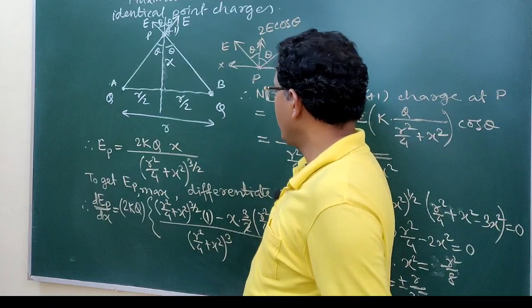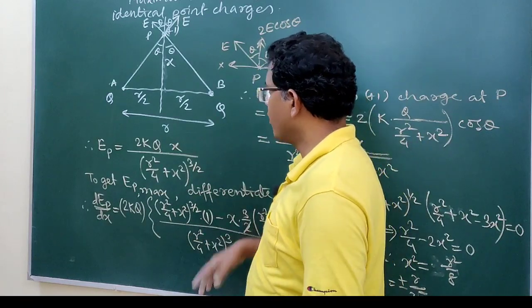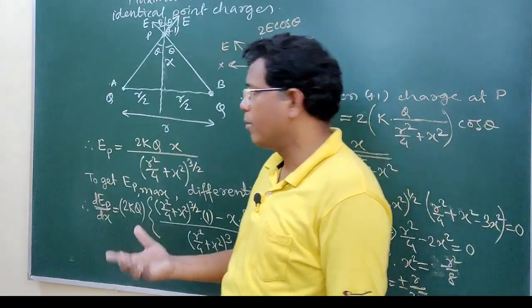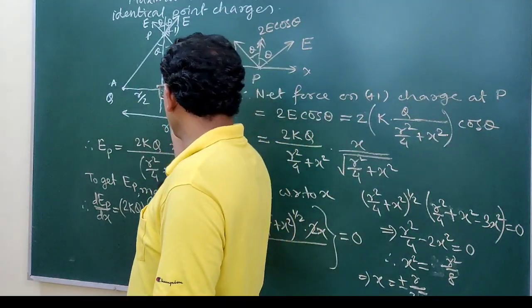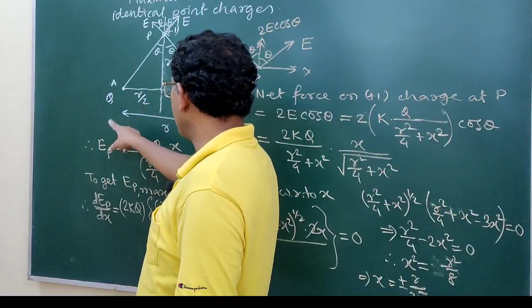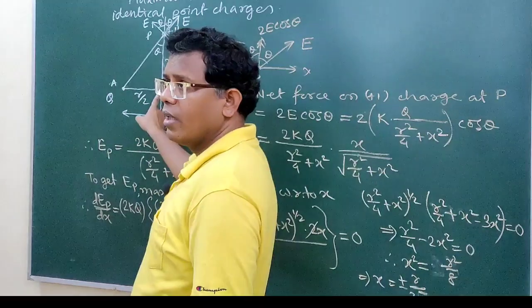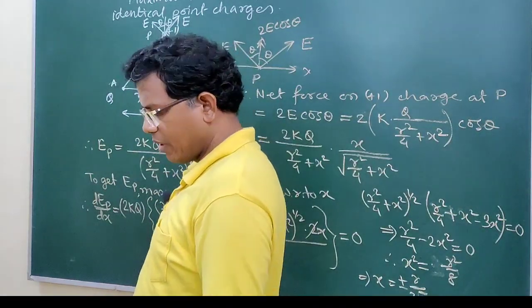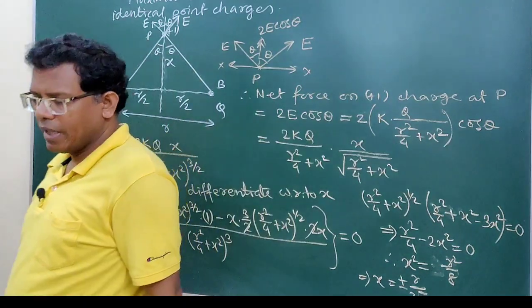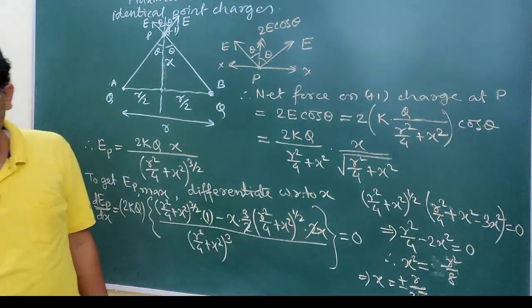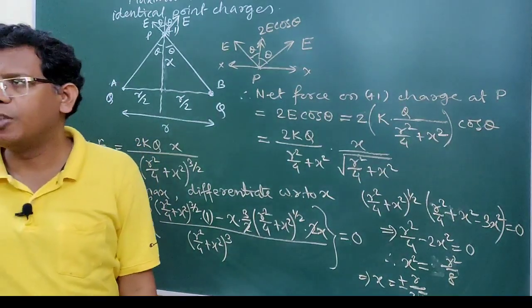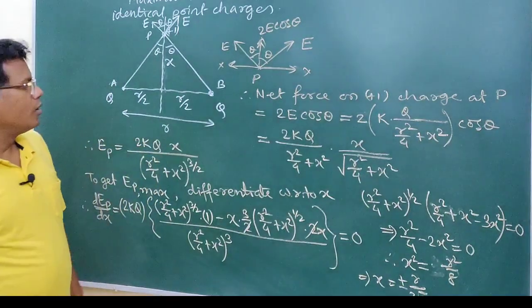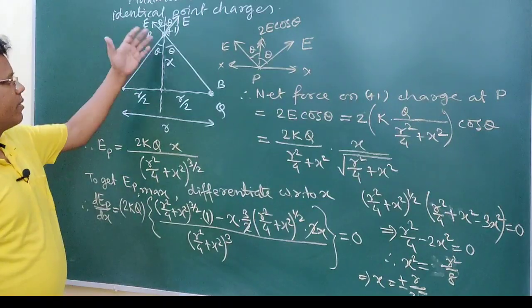So this is the expression, and you may ask why it is maximum, why not minimum? Because minimum electric field can be zero, and that is definitely the position where the force due to two identical charge particles on a plus one will be cancelled out. Electric field 0 means it can't be negative, being a vector quantity its least magnitude must be 0 only. So that's why this is the maximum electric field.